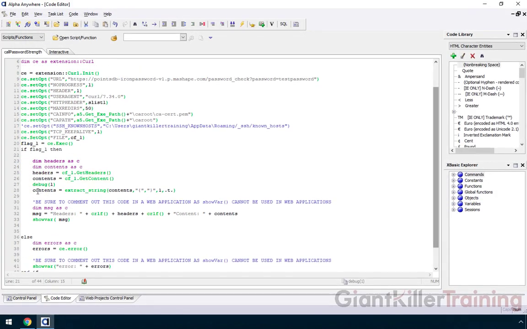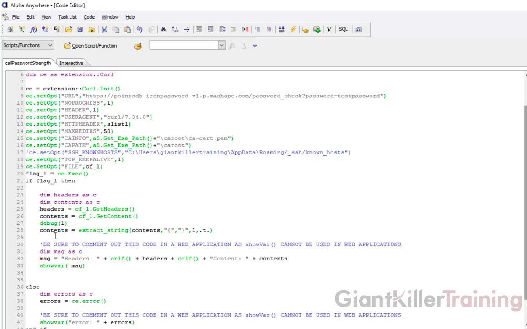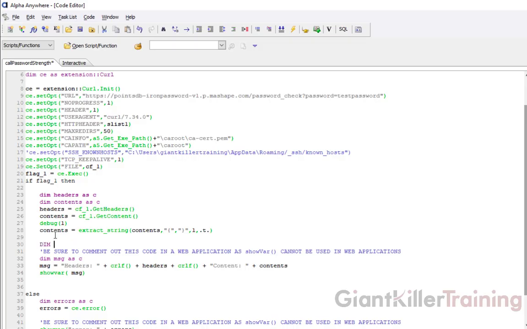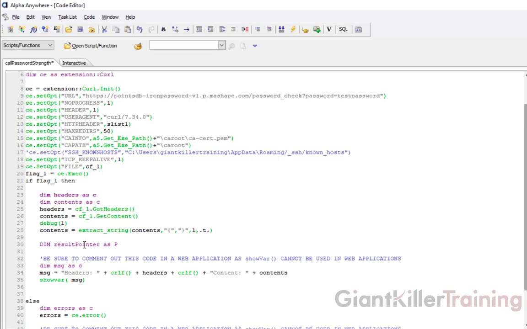So at this point on line 28, I have the contents are what I'm looking for. That JSON string is right there. So now what I'm going to do is I'm going to go dim result pointer as P. So what we're defining here is what's called a pointer. And a pointer is a very powerful variable type inside of Alpha that makes it easy to work with complex data. Then I'm going to say result pointer is equal to JSON underscore parse